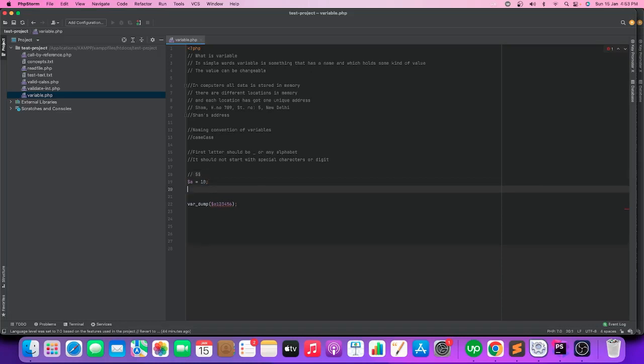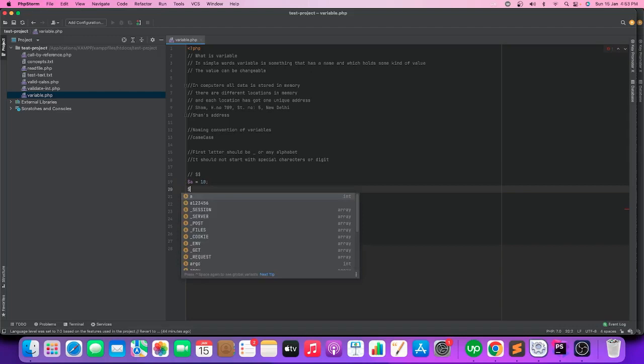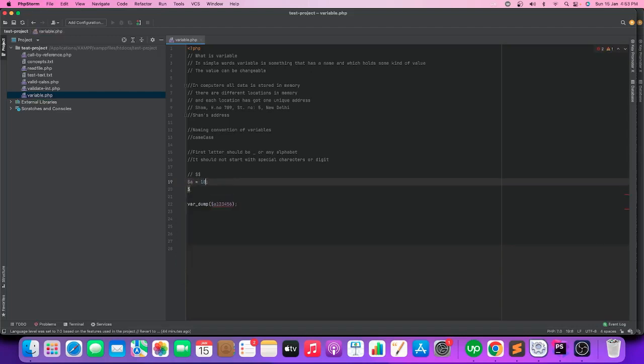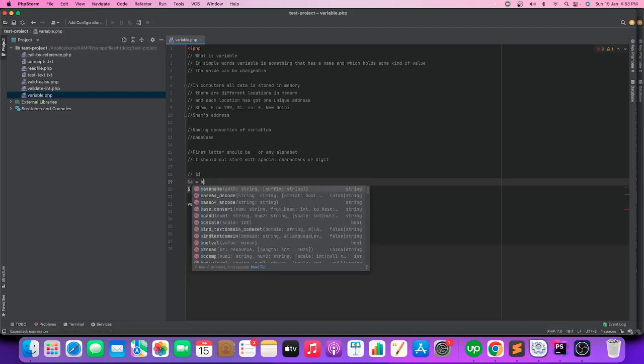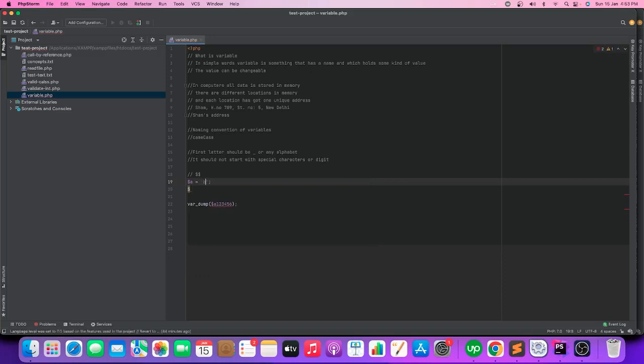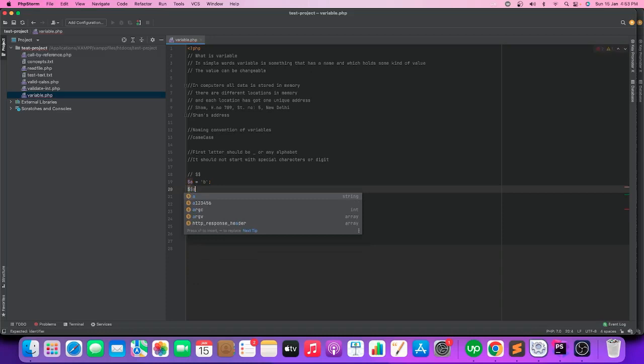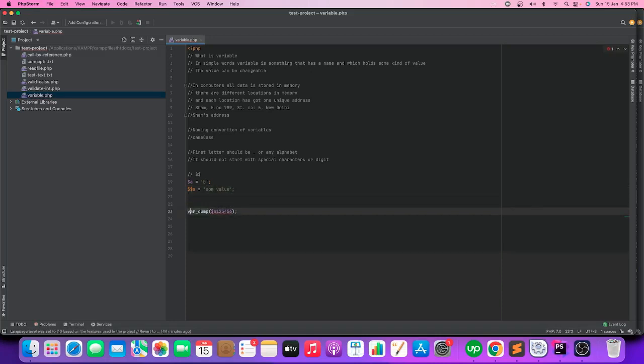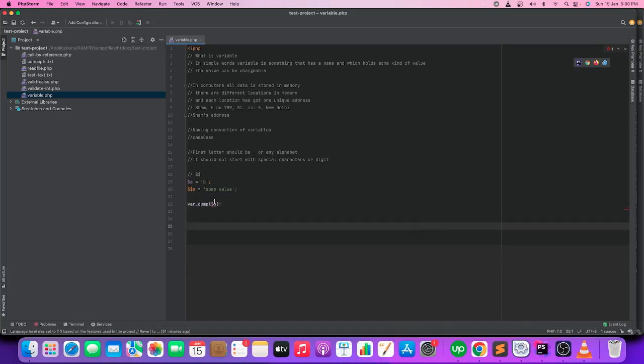For example, I just write it as b, and then I say dollar a equal to some value, right? Now I will write here dollar dollar b. Okay, now if we run this,